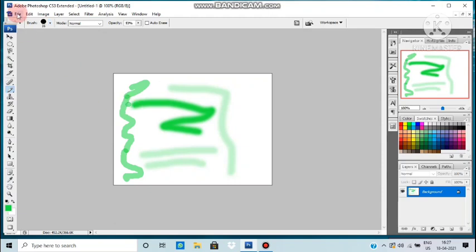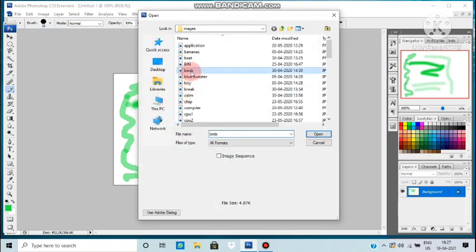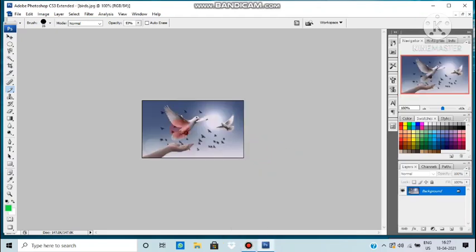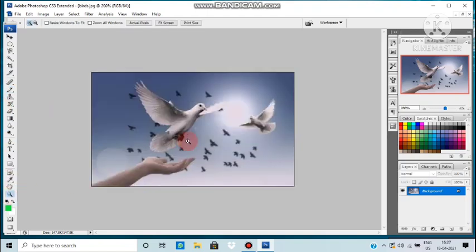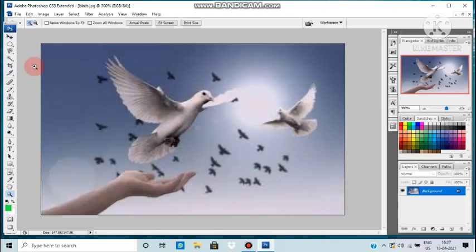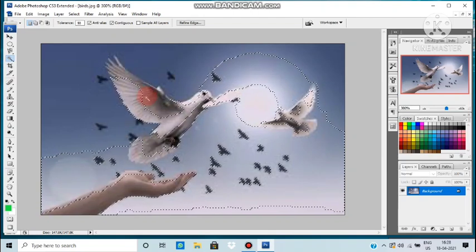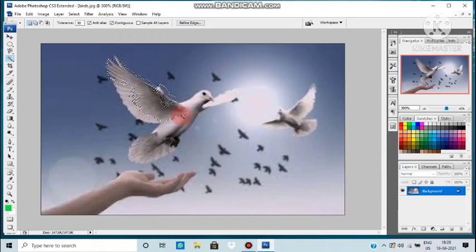So for that, let's choose some image first. Open. Suppose I'm selecting this. So this is the image. Let's increase its size. You remember with the zoom tool we have increased its size. Now click on the magic wand tool so that it will select the area where you want to fill the color. So where is the magic wand tool? Here it is. Click on the area. So this is the area. You can increase or decrease the area by clicking in that particular part. Suppose this much only, the feather.